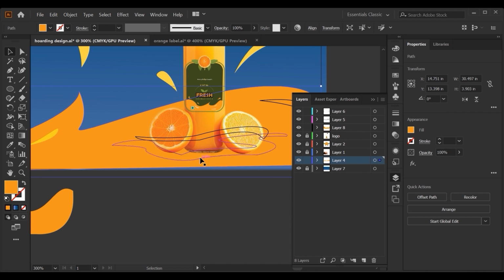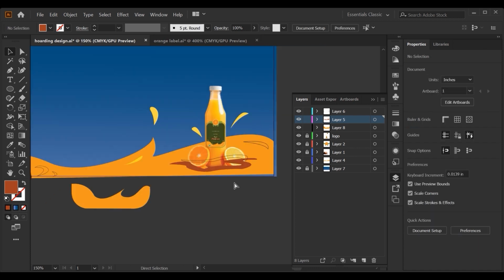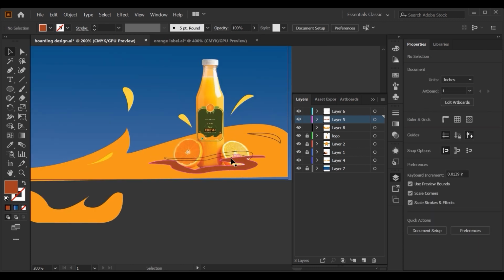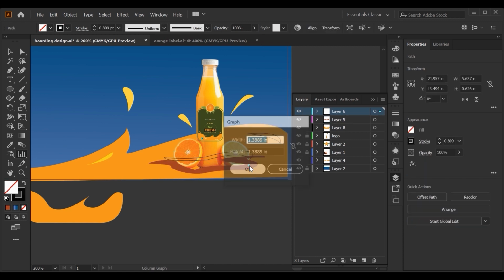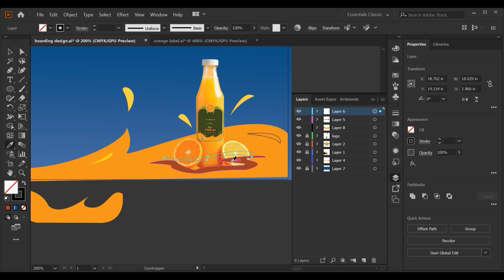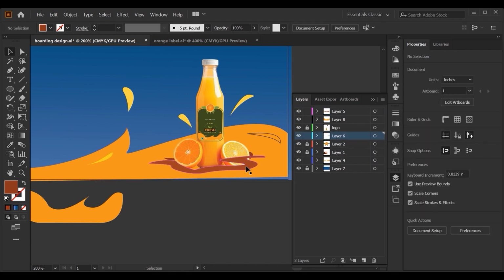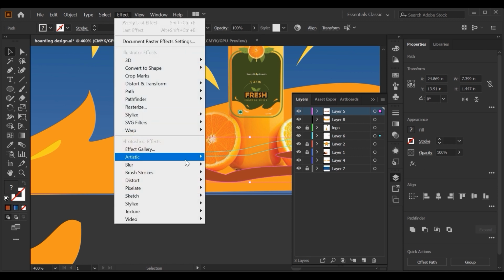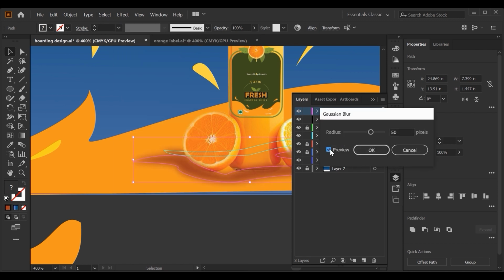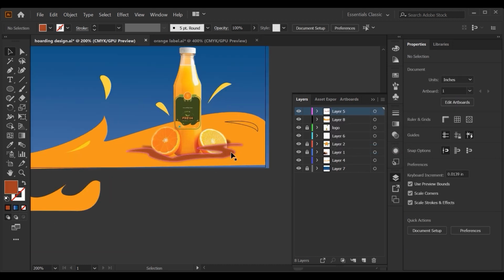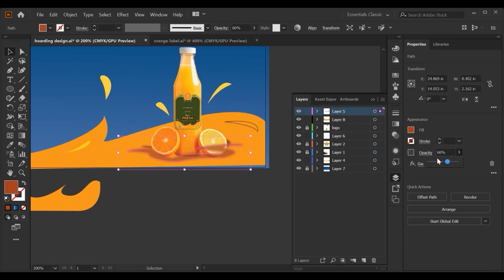Okay, so continuously fill all those things, but here I want some darker shade. Okay, I fill the darker shade. On the other side also I'm trying to fill that one a bit darker. Okay, and I move the layers a bit down, behind the bottle, I'm planning, right? So from effects I'm using gradient